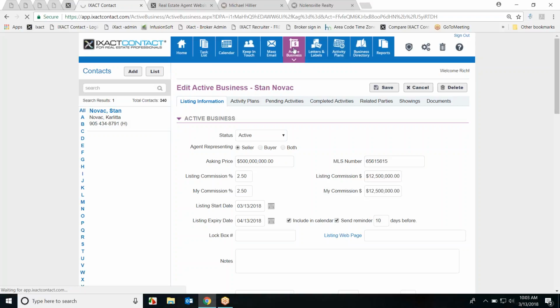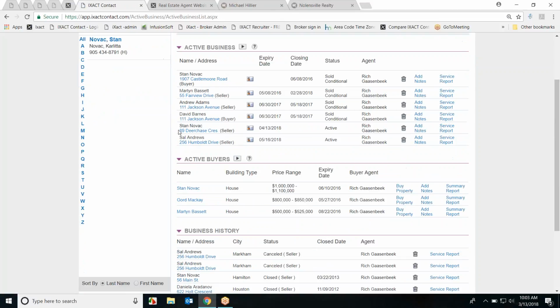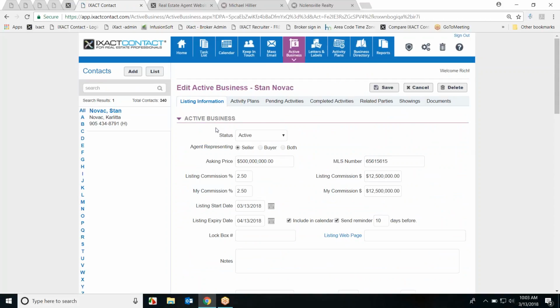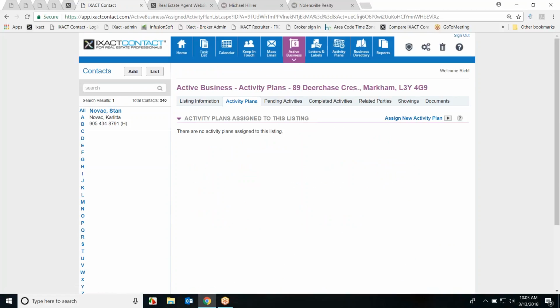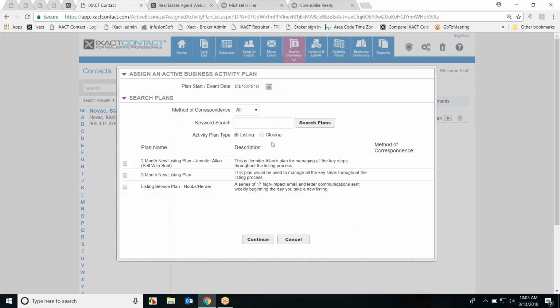now when I go into the active business tab, I will see Deer Chase Crescent. And in that listing, when I click on the listing itself, you've probably all seen in the activity plans, in addition to the marketing activity plans, there are listing and closing activity plans. And those plans are to-do lists of all the steps you need to take from the time you get a new listing. So just by clicking here, assign new listing plan, I can now simply add this 3-month new